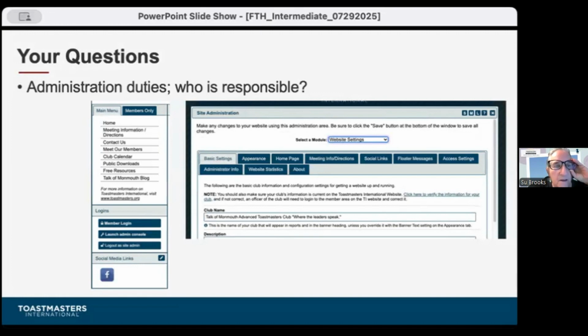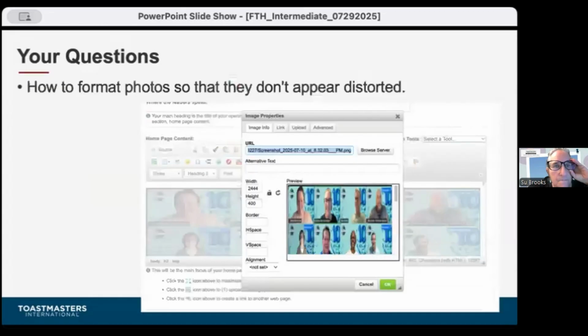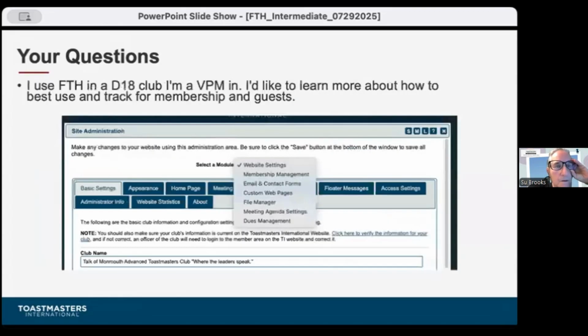And you would select under membership management. You would then be able to identify which of your members have which roles.